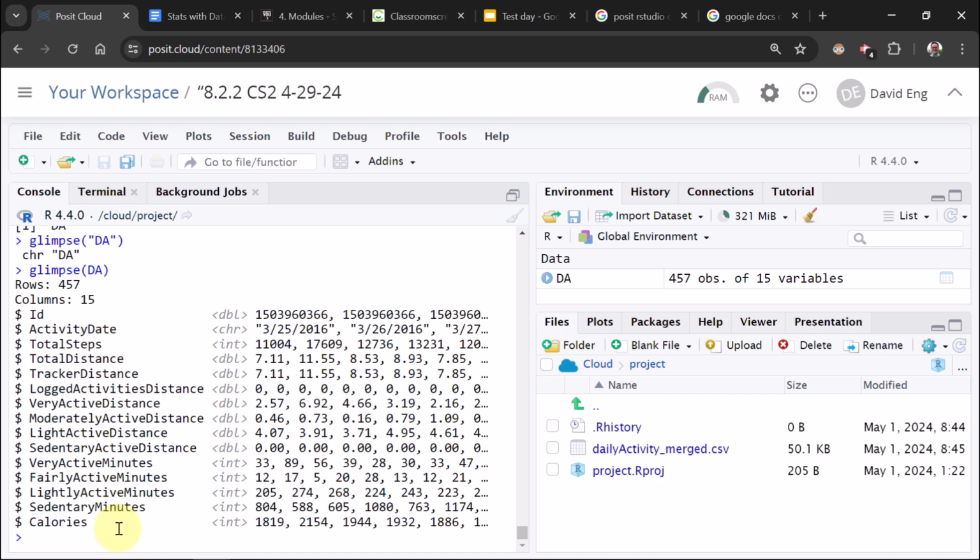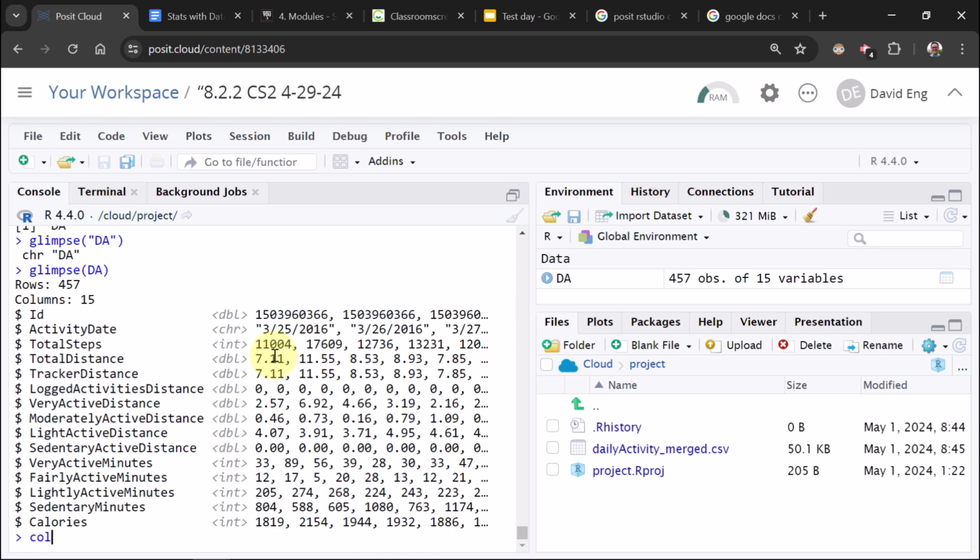We should have taken out the underscore. Take out the quotation marks for glimpse. So I made a mistake. It shouldn't have been in quotation marks for glimpse. It's telling you the different column numbers and the first couple of data sets. So again, what is it showing you? You can say 15 columns. You don't have to copy all that down. And you can just say it's showing me the first several rows of information.